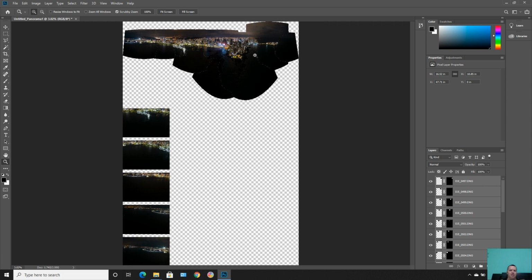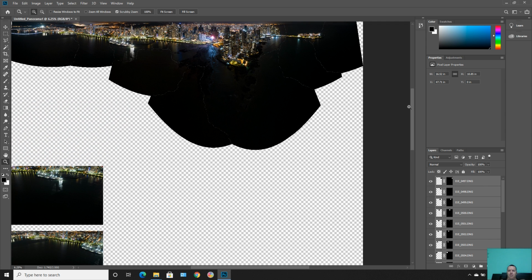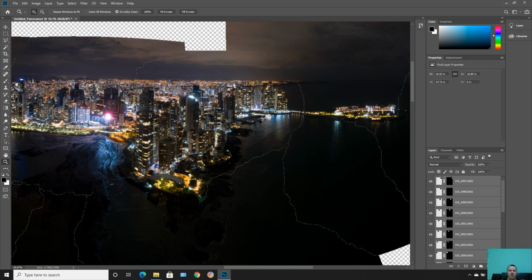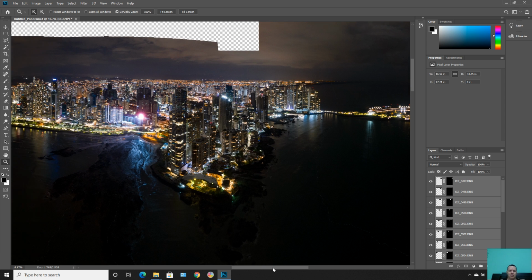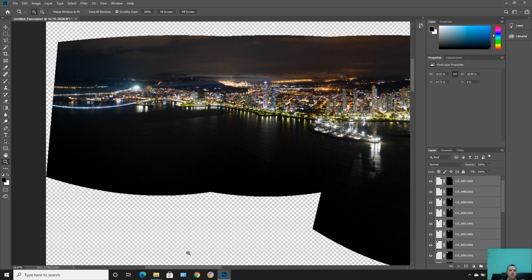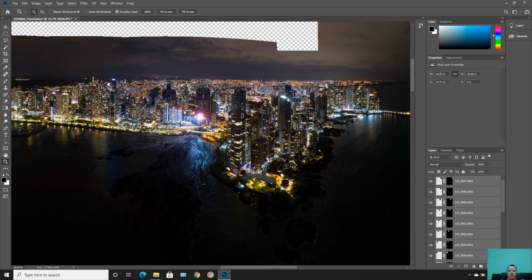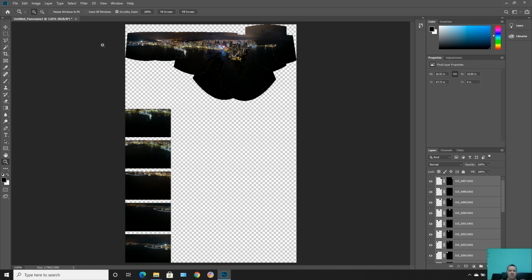But up here, if we zoom in, don't worry about these lines. These lines here are just where it stitched everything together. So if we actually move up and zoom in, they disappear. So that's just what that is. Now once we have our image of the city like this, we will just zoom out, fit it on the screen, crop it,